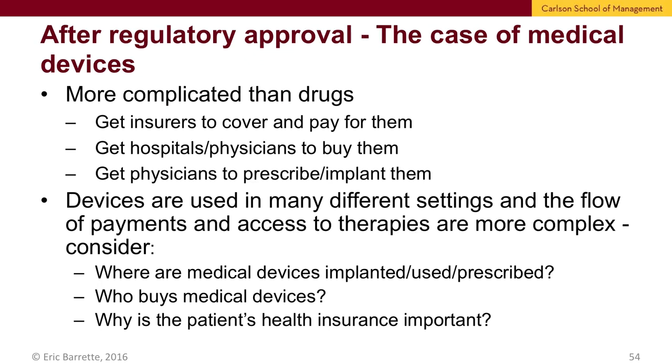So next, let's consider the case of medical devices. These are slightly more complicated than drugs. So the first step is the same. You still need to get insurers to cover them or pay for them. Second, you need to get hospitals and physicians to buy them. Then you need to get physicians to prescribe them or implant them or otherwise use them. So similar to drugs, you still need to get insurers to cover them and physicians to prescribe them and patients to use them. But there's an intermediate step where the hospitals actually buy them, and once they're used, they're reimbursed